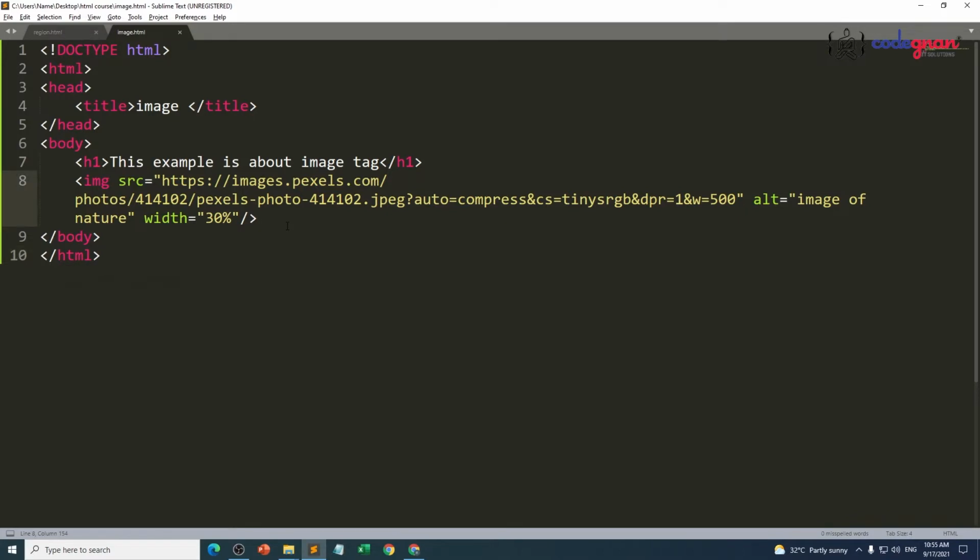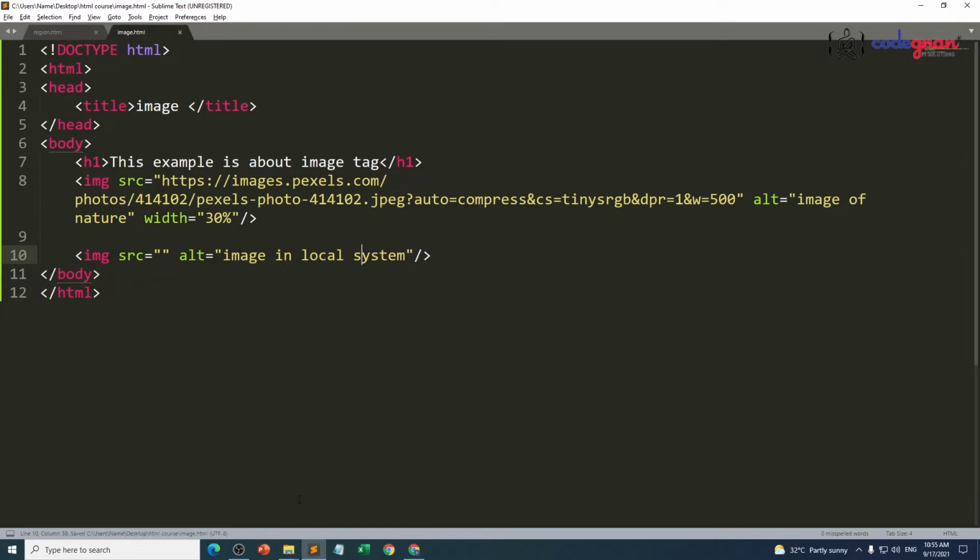Now we are going to use a particular image which is present in our system, and how to give a particular image value. img src equal to, close the endpoint, alt equal to value, and I don't want to use any width right now. The alternative text I'm going to give here is "image in local system". The image is present in your local system.